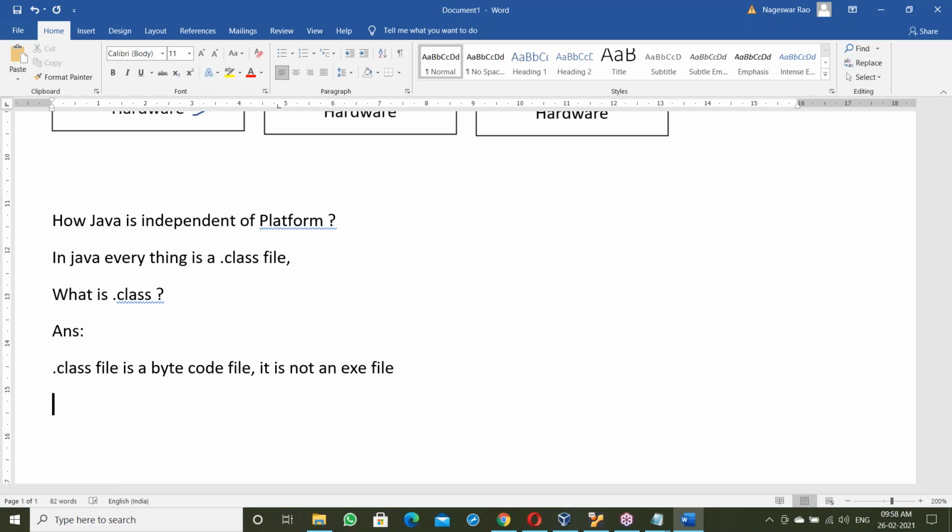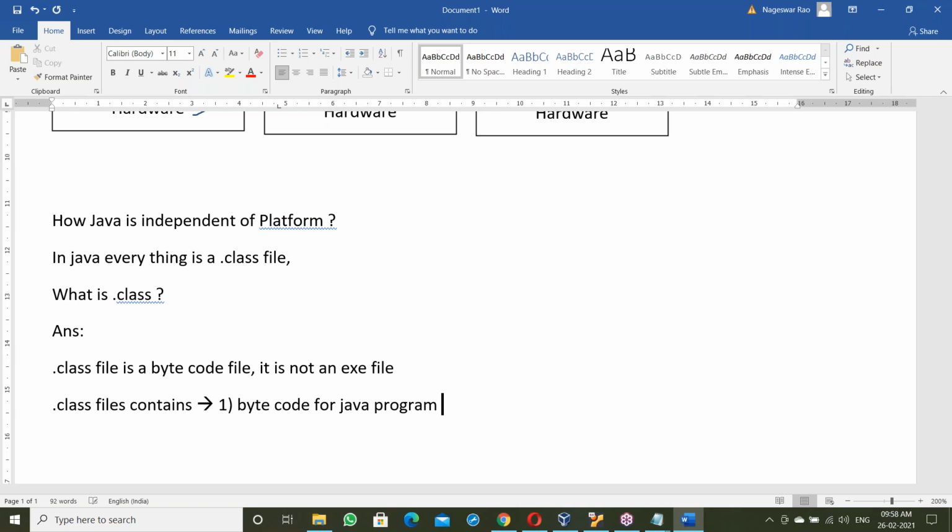Exactly what does a dot class file contain? A dot class file contains the bytecode for our Java program.